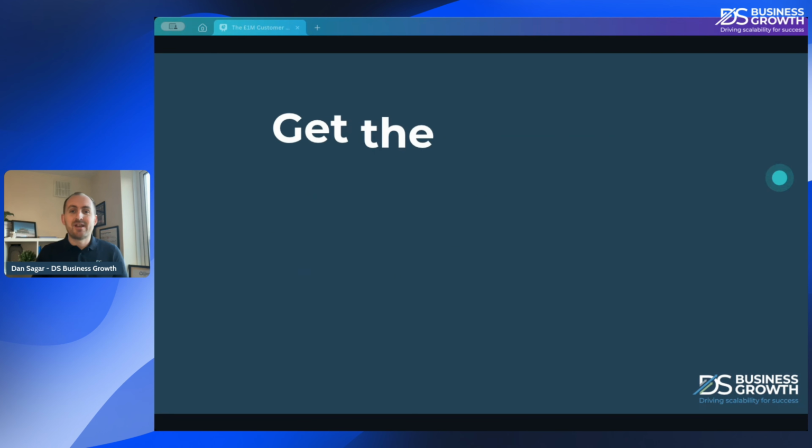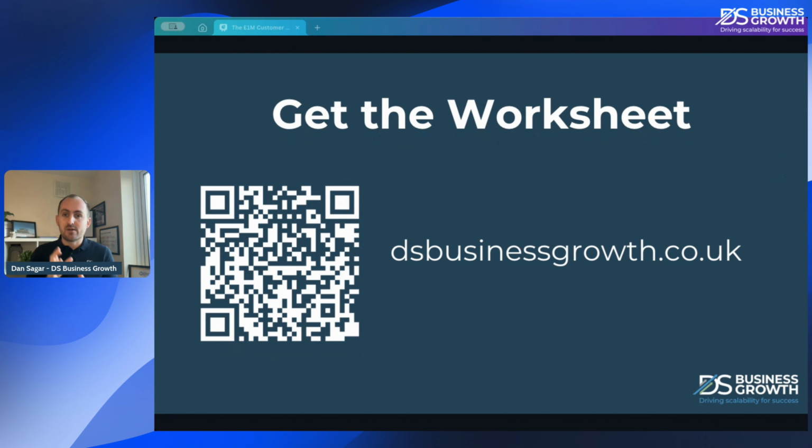So to get started on this yourself, you can scan the QR code here on screen or go to the resources section on my website, which is dsbusinessgrowth.co.uk, and you can download this worksheet completely free. I recommend, a little bit old school, printing it out and just writing it down, getting in a quiet space. If you've got a reMarkable tablet or anything like that, it's a PDF, so you can scribble on there as well, or on your iPad with your Apple Pencil. You can fill these out. But yeah, take a little bit of quiet time to work through that.